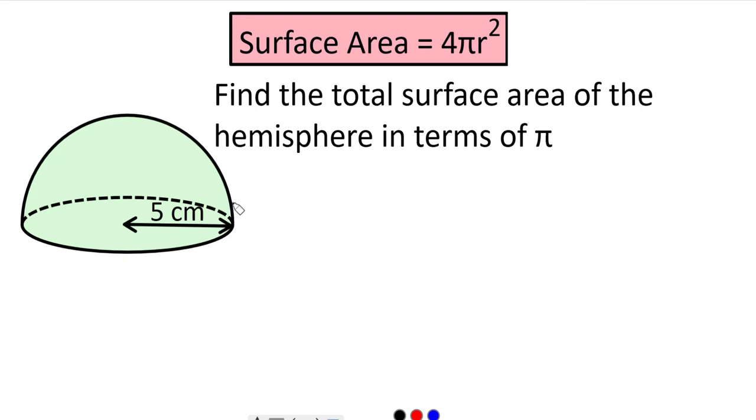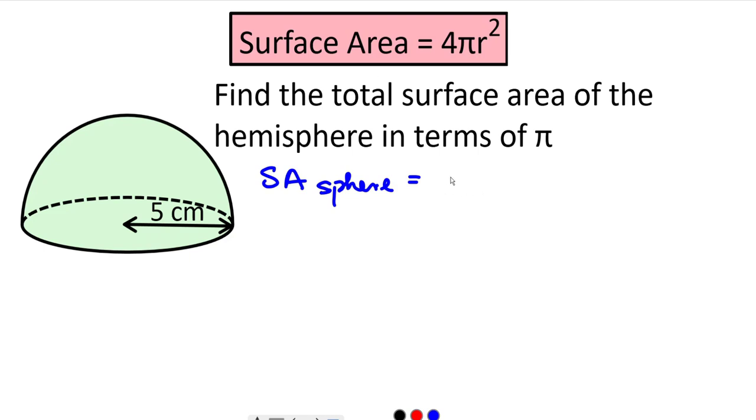Now, because there's no known formula for the hemisphere, what we do to find the curved part is find the total surface area of a full sphere, and then you halve it, and that's going to be the surface area of the curved part. So let's begin first by working out the surface area of a full sphere,